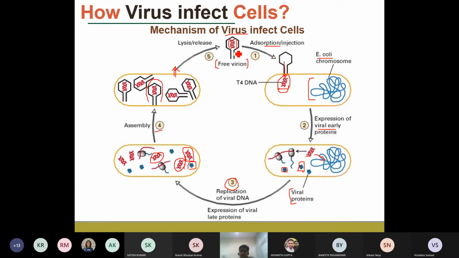So the virus, as we have seen in the previous class, consists of a very simple unit. It is not a complex multicellular organism with different organelles. But the virus is very simple. It has a protein coat and genetic material, and the protein coat protects the genetic material from getting damaged.